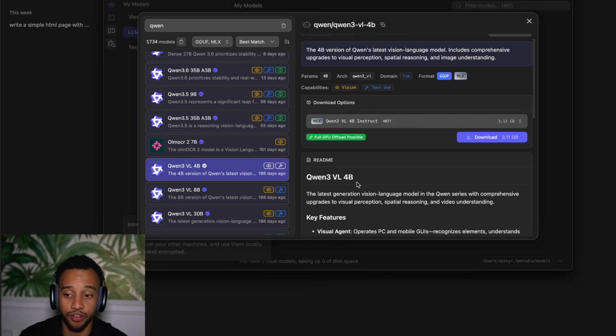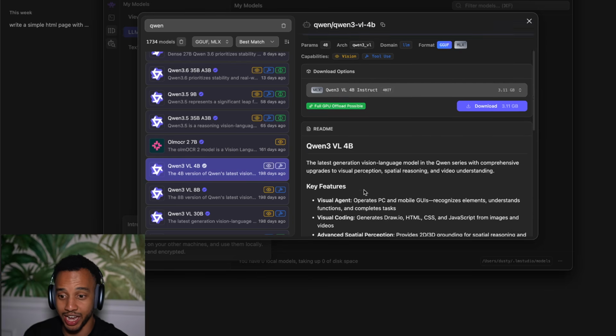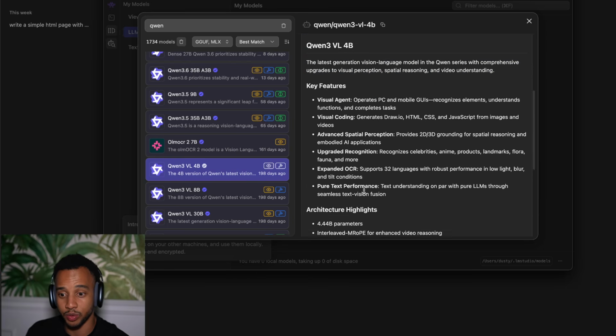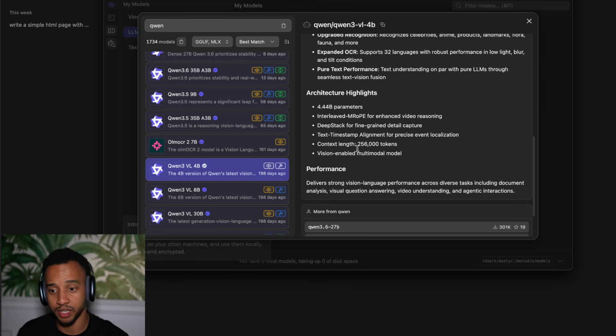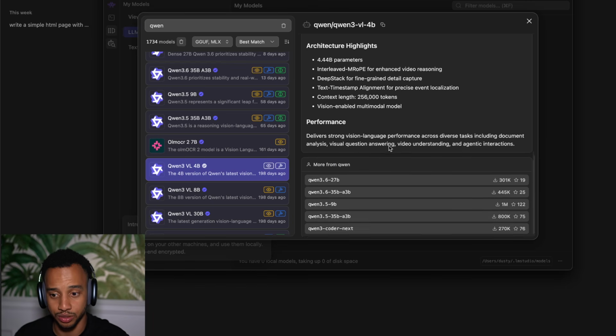As a matter of fact, even 4 billion parameters is actually still pretty insane if you compare it to where we were a few years ago. Also, because context length right now is still at 256,000 tokens, it's just absolutely huge. And so I think I've just gotten a bit spoiled because it's all just so amazing. It's also easy to go for. Just wanted to quickly give you guys a tutorial though on how to get started with getting one of these